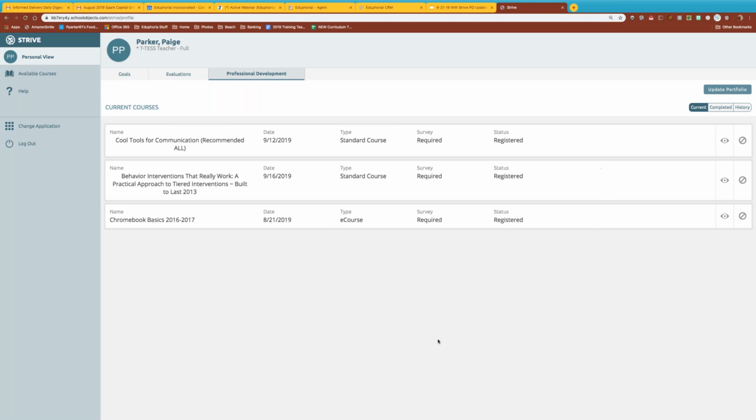So everything will be accessed from this screen here, which is under personal view, and I went to the professional development tab. I do want to talk about the four little buttons up in the upper right hand corner. I am right now on the current tab, so it's showing me everything that I'm currently enrolled in or currently working on. So I'm currently working, per se, on this e-course, and I'm enrolled in two courses that are coming